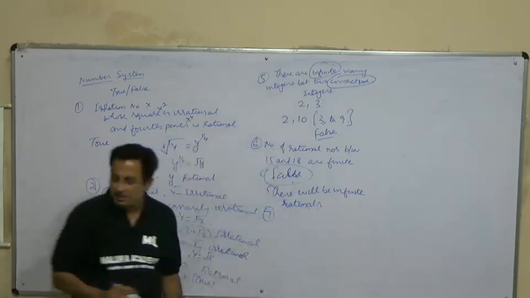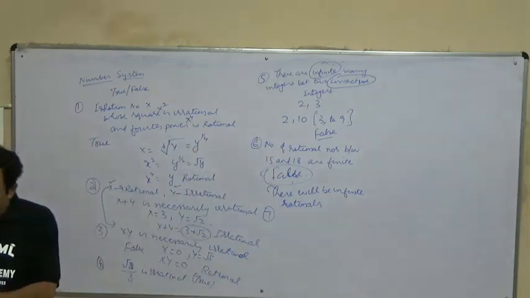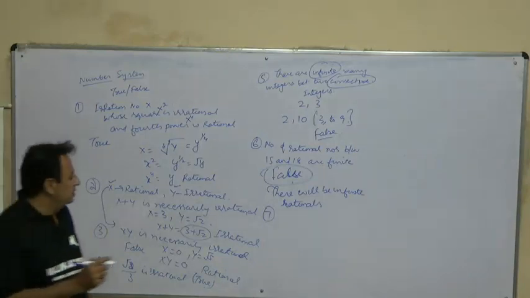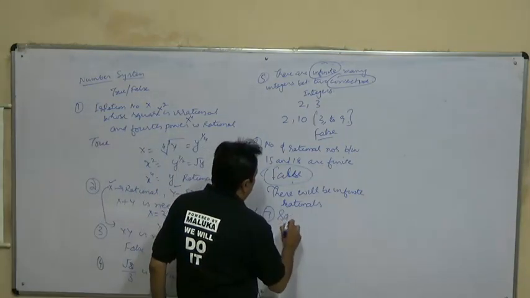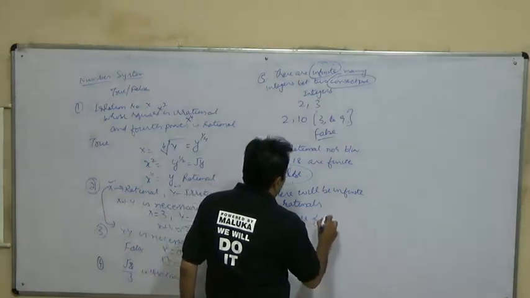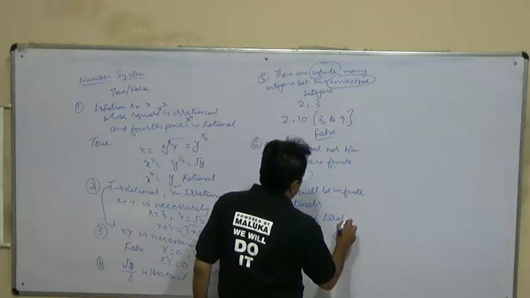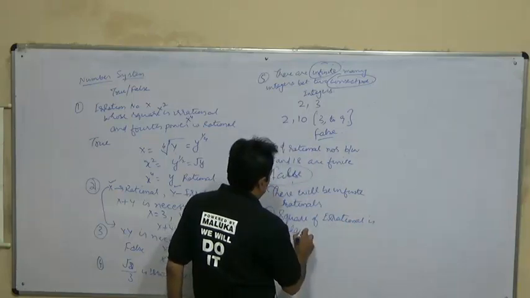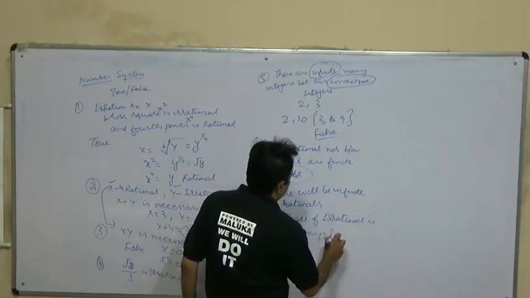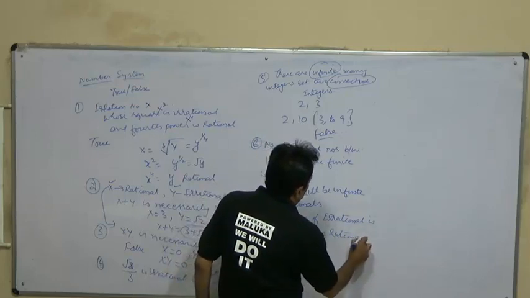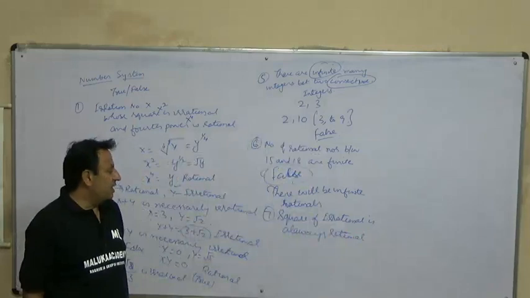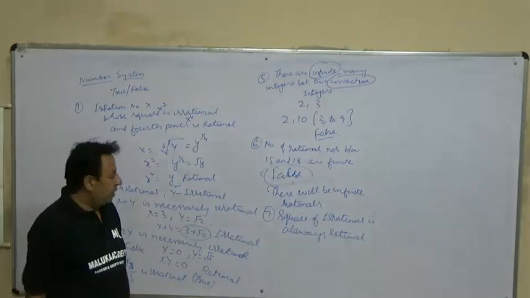Next is: square of irrational is always rational. सो दिस इज नॉट नेसेसरी, ये कुछ जरूरी नहीं है। इरेशनल नंबर का स्क्वायर जो रैशनल हो, फॉर